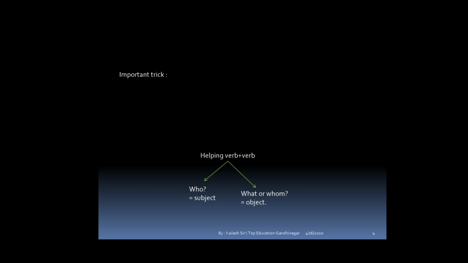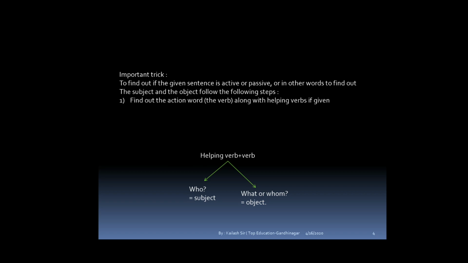Now, moving further, we know the method and everything. We have studied the fundamentals also. But how to solve? There are some important tricks or hidden things which we don't know. So let us go through that. Now, first of all, what you have to do, if a given sentence you don't know is active or passive, you have to treat it like that. Find out yourself. It is very easy.